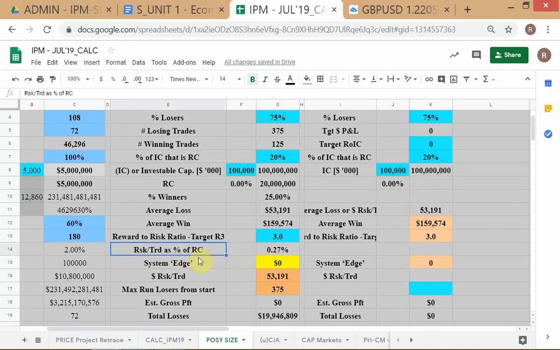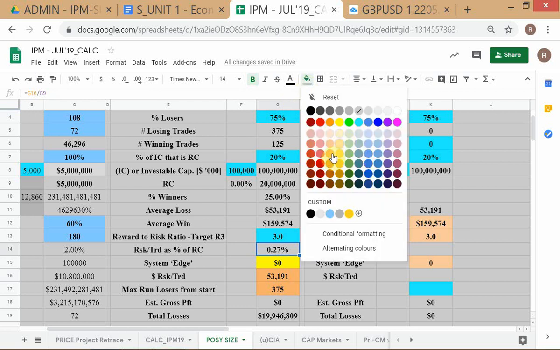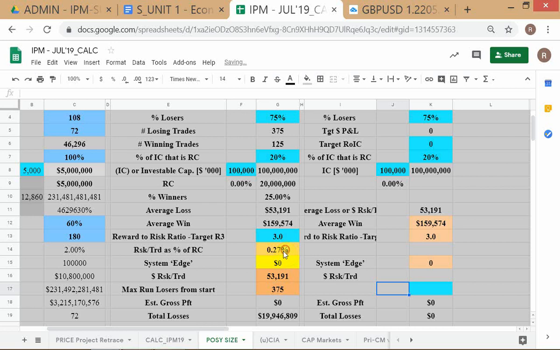This is another thing that we want to look at. The dollar risk per trade. Remember I gave you a figure of 1% earlier? Okay, so we want to put it in a different way. So that figure is now turning out to be 0.27%. So this is actually a better way to calculate your risk capital per trade requirement,